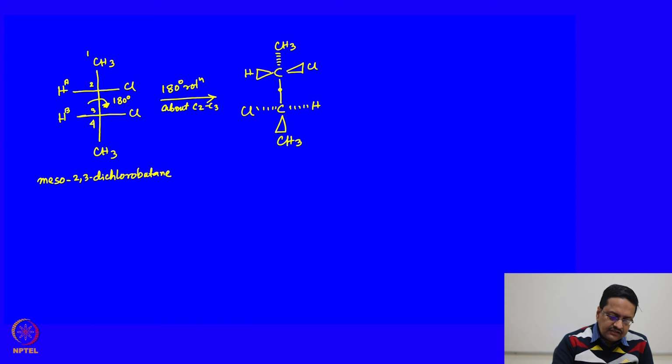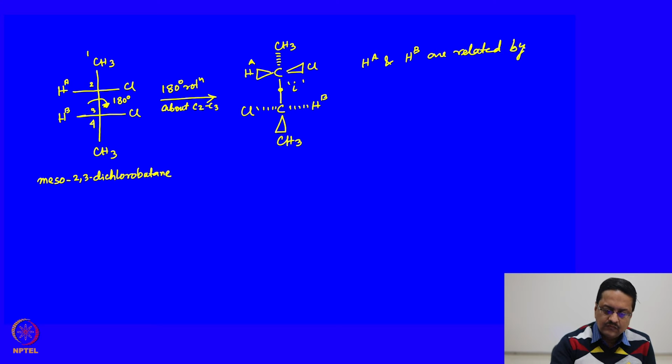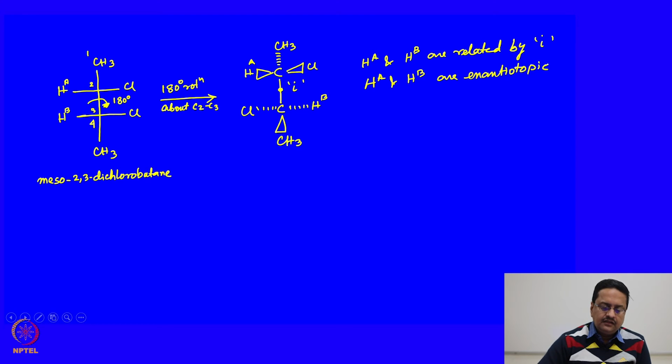This molecule has an inversion center I, and these hydrogens HA and HB are related by the inversion center I. Therefore, HA and HB are enantiotopic. Let us try to see what happens if we replace